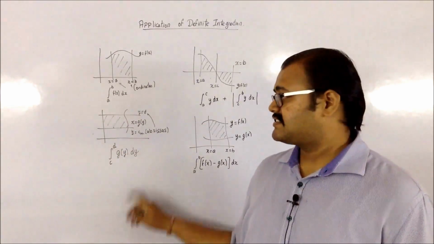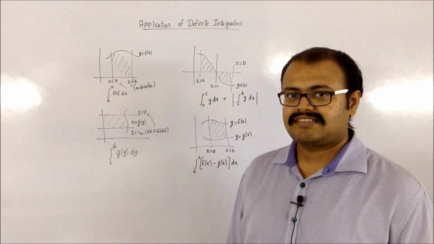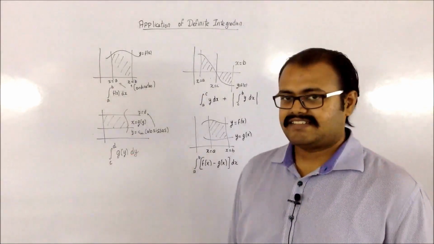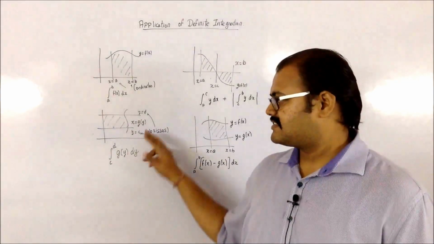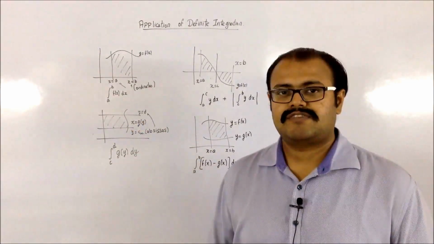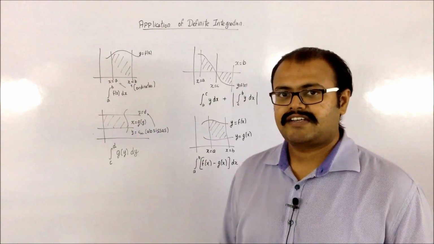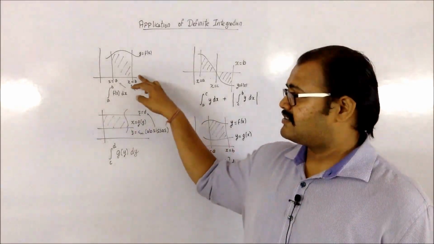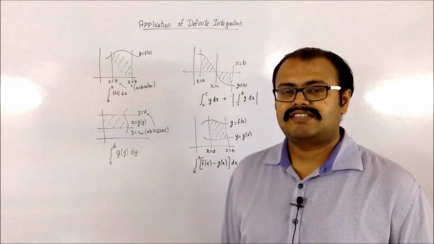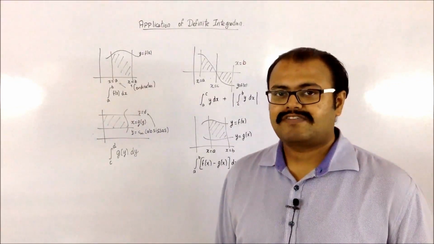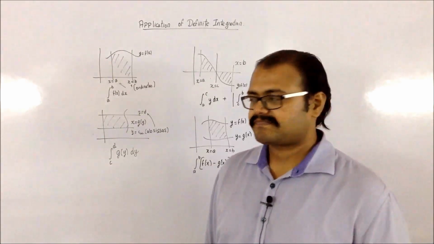So whenever it is the abscissas which are being concerned and the y-axis is being concerned, then in that case you have to consider that is x equals g of y. So you have to take the function in terms of y. And if it is given between the x-axis and the ordinates, then you have to convert the equation into f of x, that is a function of x.